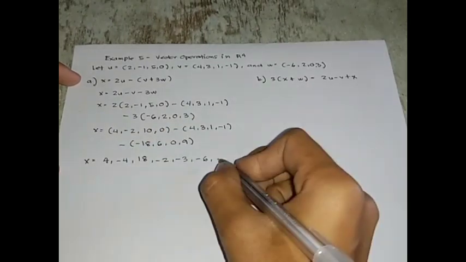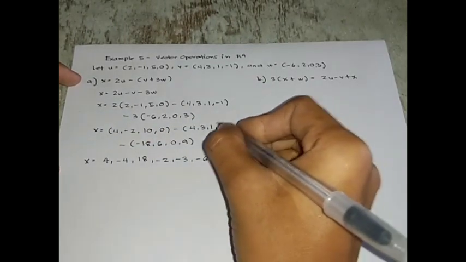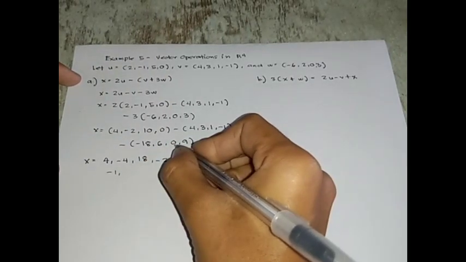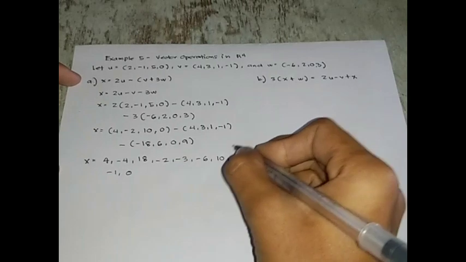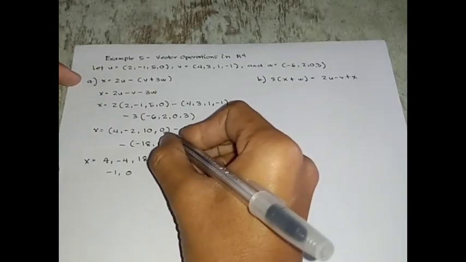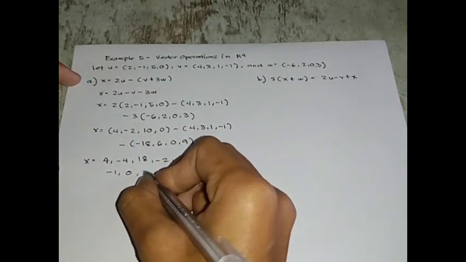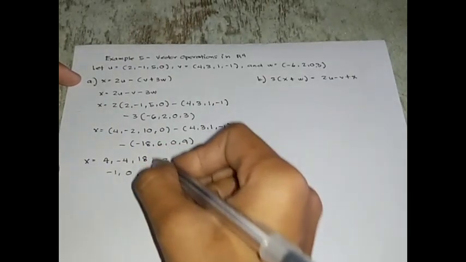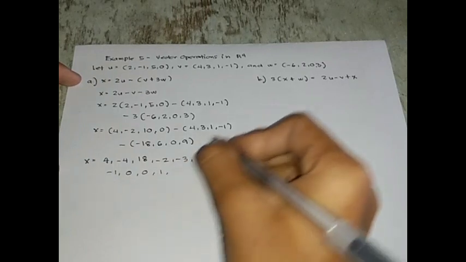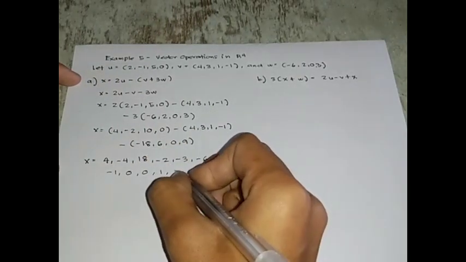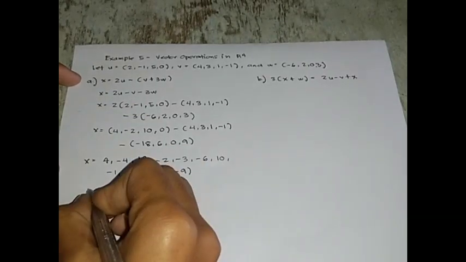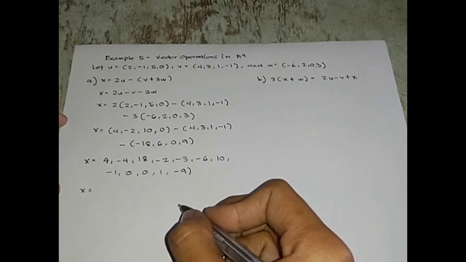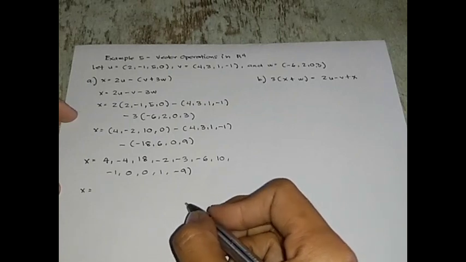This will be positive 10, negative 1, 0, and this will be 0, and positive 1, and negative 9. So let us add them all, or add their corresponding